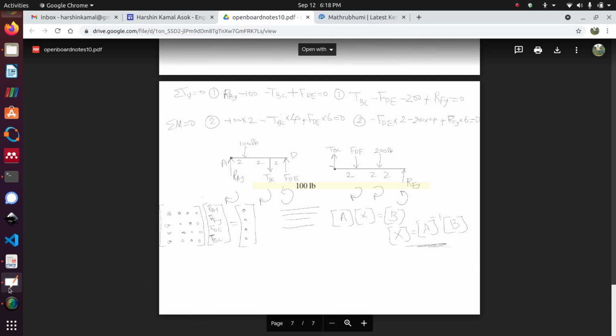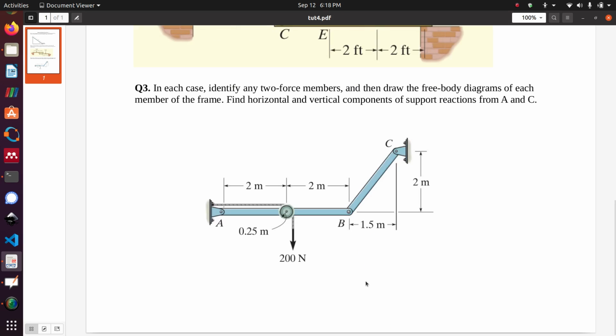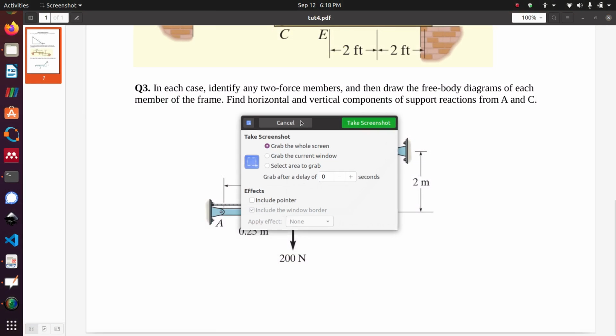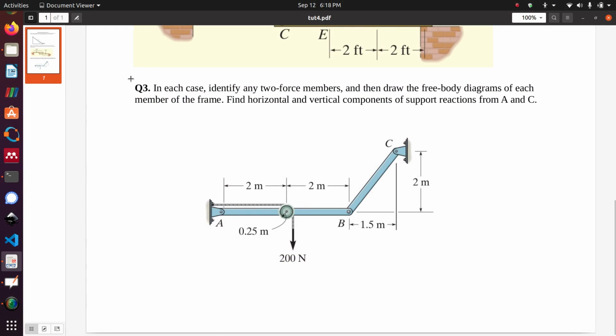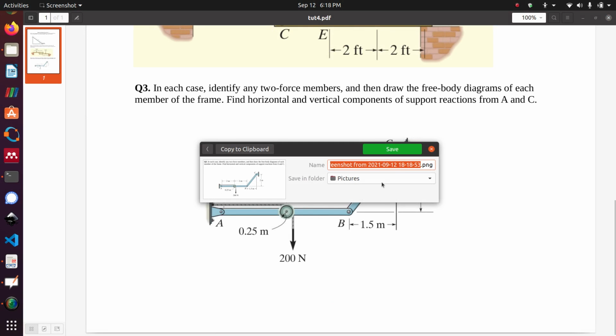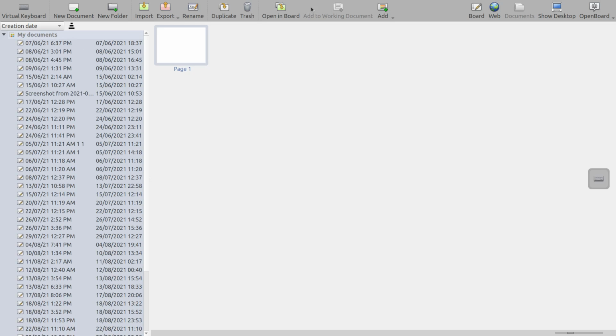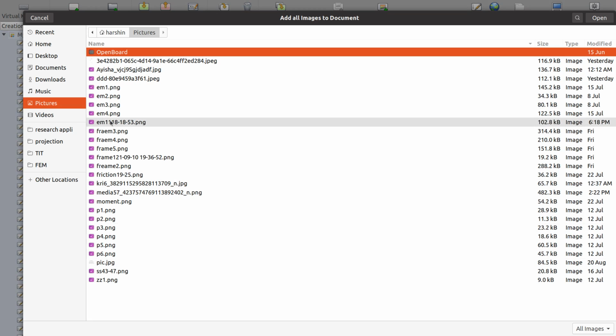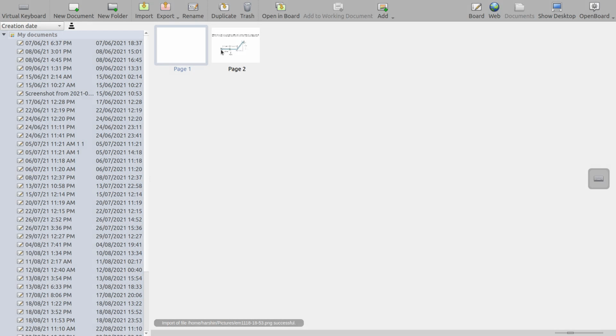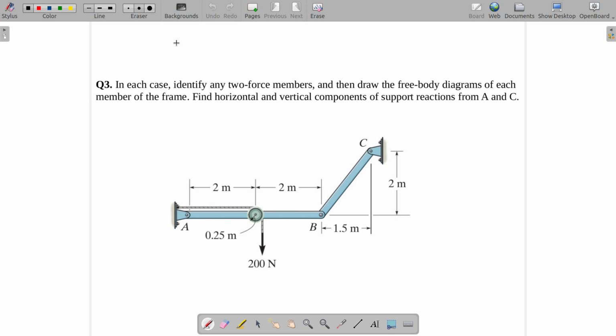So in this lecture I will solve one more problem in frames, and then we have to move on. So let's say we have such a structure